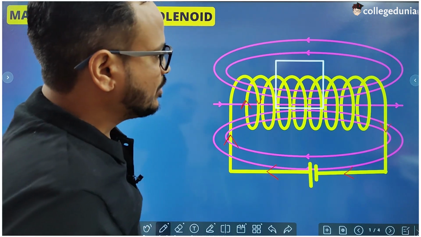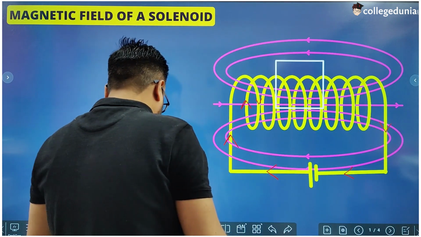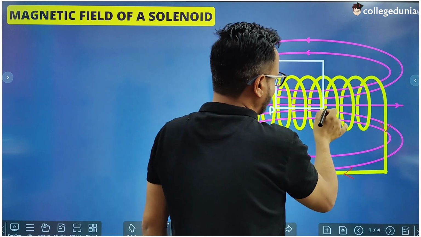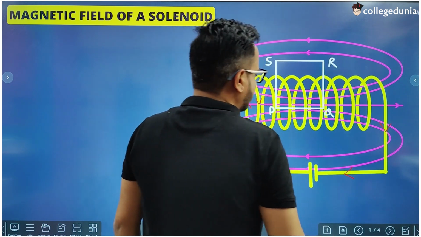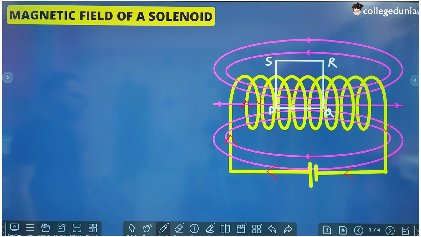Okay, now the magnetic field lines are in this direction. First let us give this Amperian loop a name. Let's call this vertex as P, this is Q, this is R, and this one is S. Now we will apply B dot dl for each and every part of this loop.